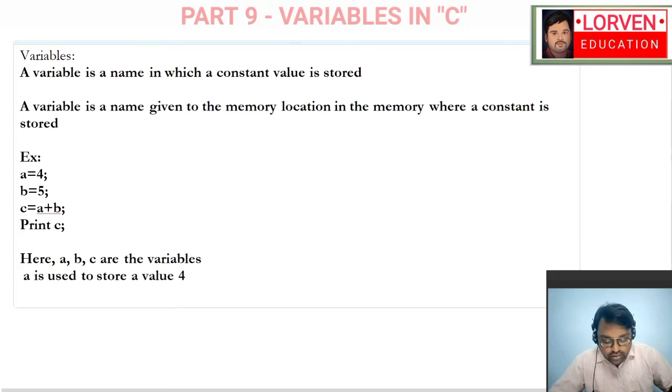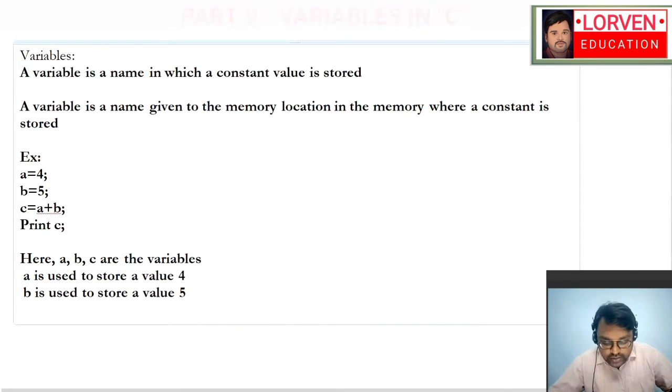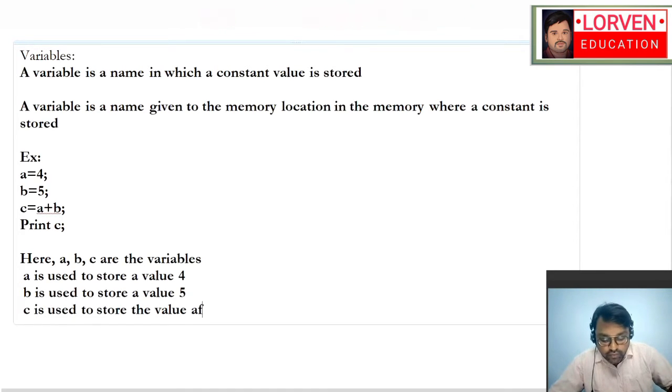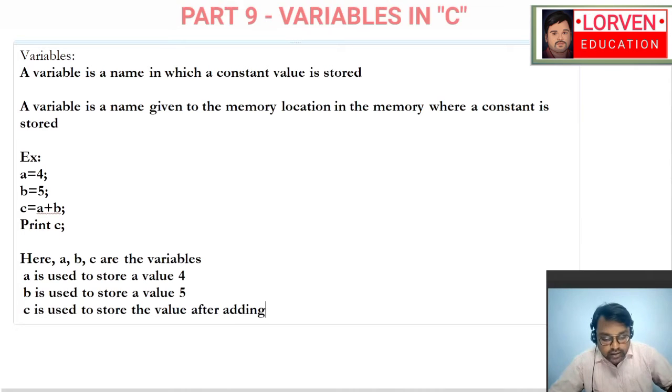Now B is used to store a value 5. Now C is used to store the value after adding A and B.